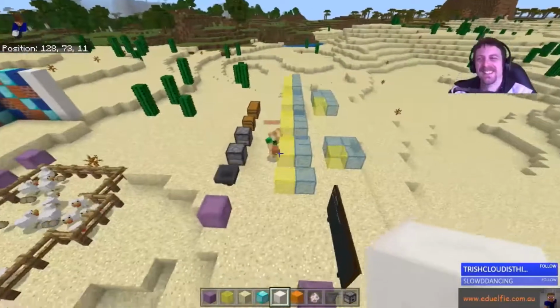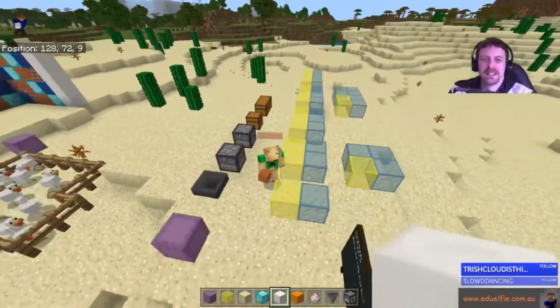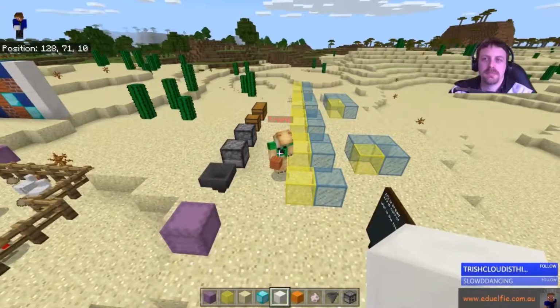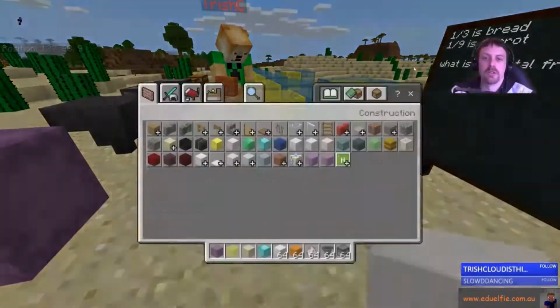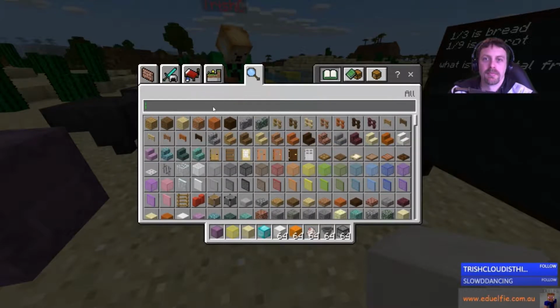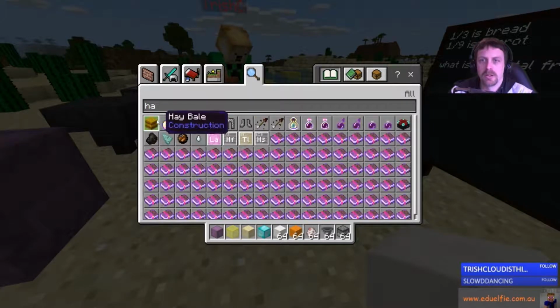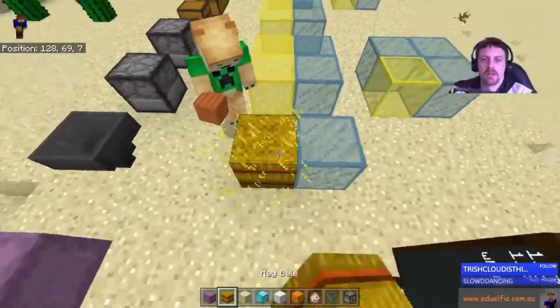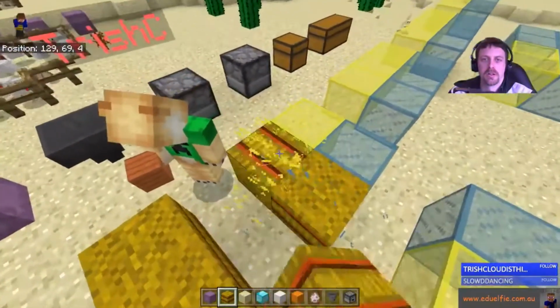What about instead of using glass blocks, hay and pumpkins? Yep. So if it was all hay, is it hay blocks? Yeah, it is hay blocks. And then we change.